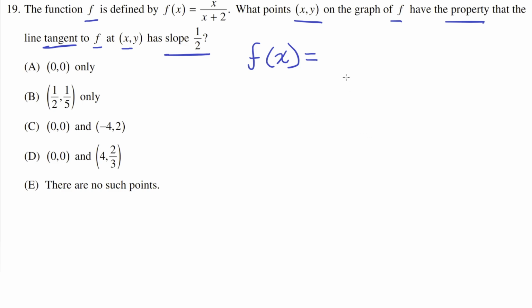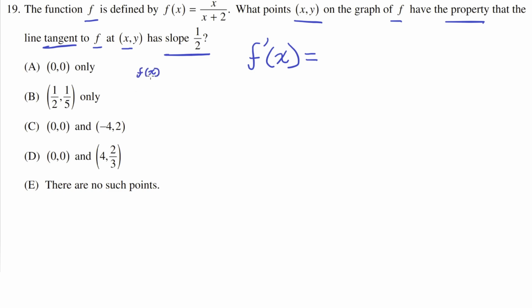So what we really need to do is find out which points on this function have a derivative equal to 1/2. So the first thing we can do is find f prime of x, the derivative of f of x. And we see here that we're dealing with a division of two functions, the x function up here and the x plus 2 function. And so we can remember that the derivative of